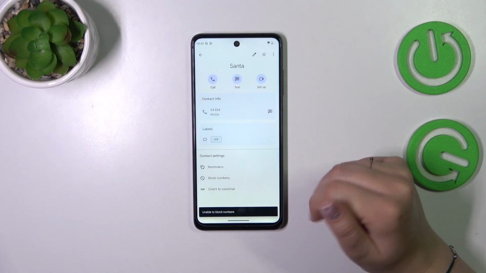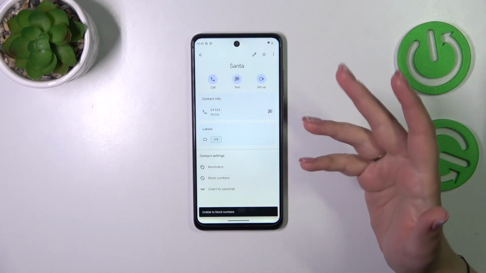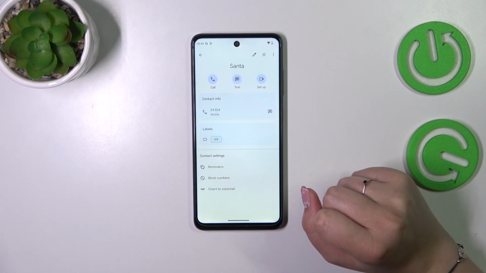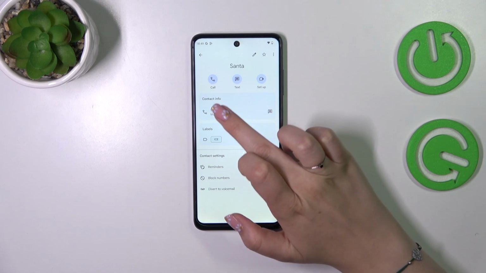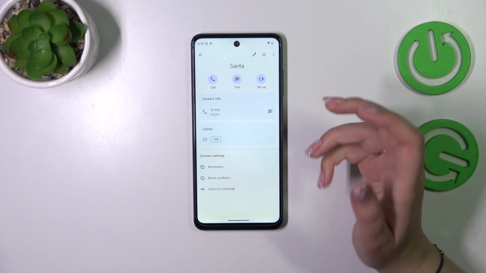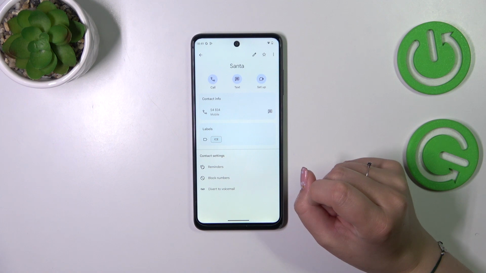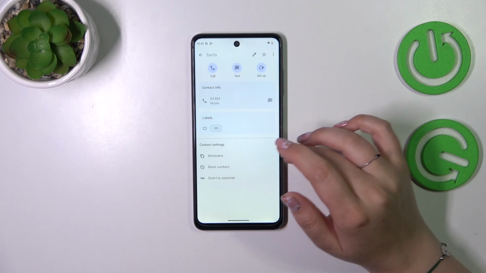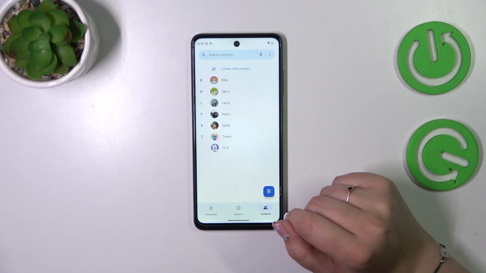So let's tap on block, and as you can see, unfortunately in my device for some reason this option does not work. However, you should see the characteristic icon here, which will show you that the number has been blocked. You will be able to unblock it the same way, so tapping on this option. So this is the first way of blocking the number, and the second one is